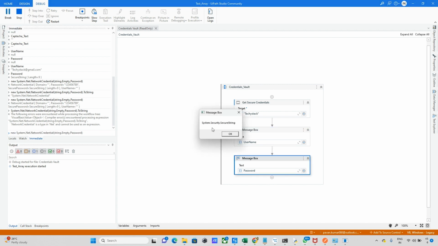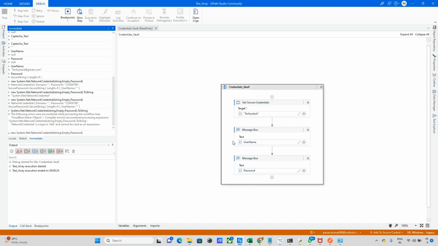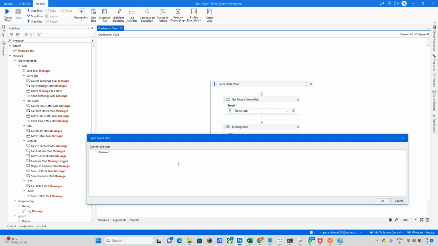Basically, it's saying System.Security.SecureString. So the password is encrypted and we need to decrypt that. For that, what we need to do now is this small thing. Let me show you here. Just remove this, enter the password, and update this with new System.Net.NetworkCredential. After that, we need to pass